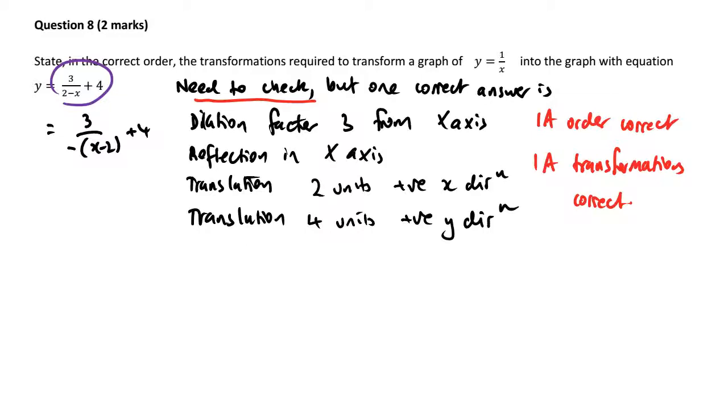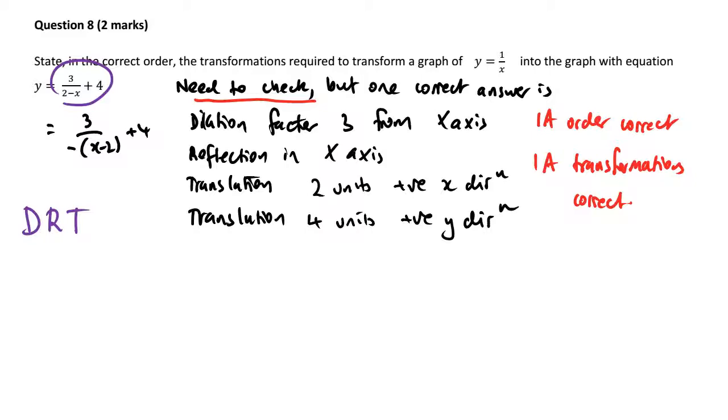Now, I've got to remember, if I'm talking about the order, there's something which helps me, and this is Dr. T. So if I'm going to write down what the transformations are, I'm always going to talk about dilations and reflections first and translations second. It's a really good habit to get into. I should say that there are other ways of doing this, but